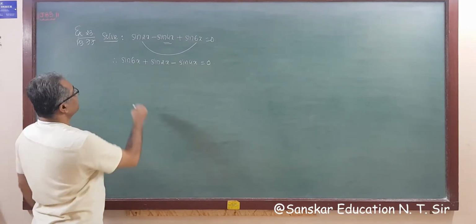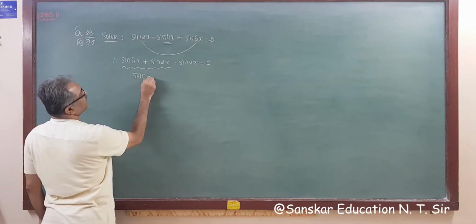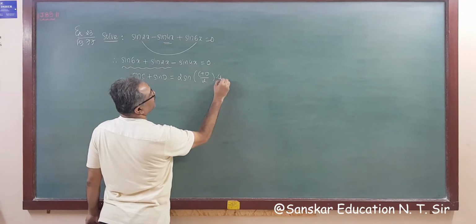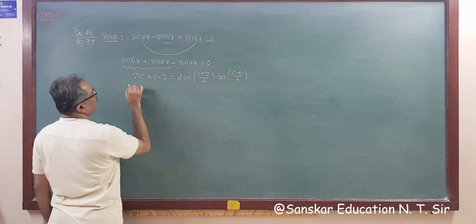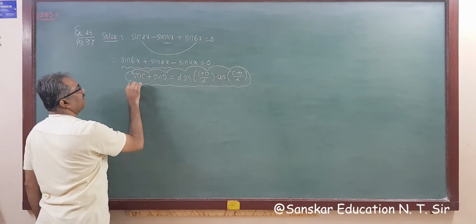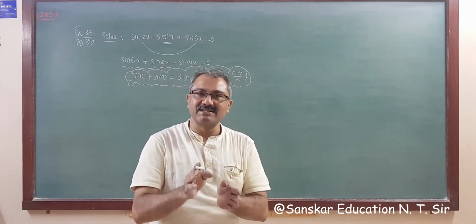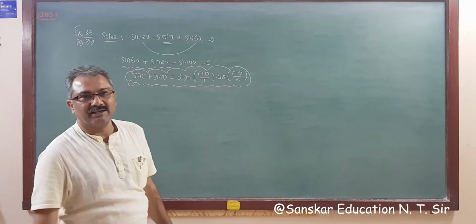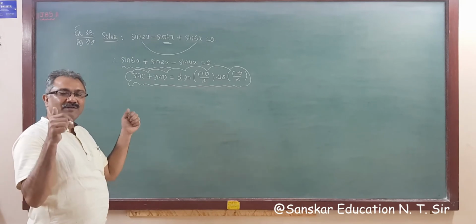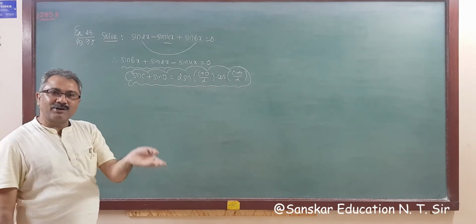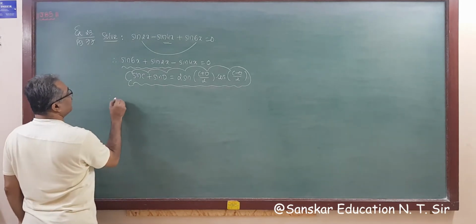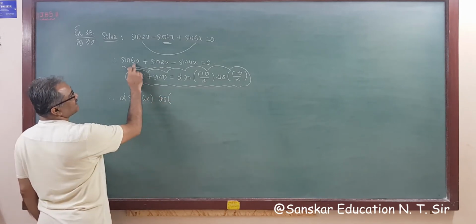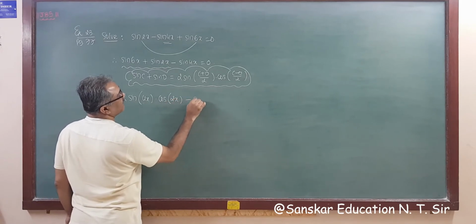So rearranging the terms. Now sin c plus sin d, the formula for sin c plus sin d is 2 sin of c plus d by 2 into cos of c minus d by 2. This is your formula. So applying this formula, solving a trigonometric equation means you have to factorize the given equation. That means from addition you have to change it into multiplication form. So you can take common anything, right? Solution means you have to find the factors of these equations in trigonometric function form, sine cos form. Okay, so applying this formula here we get 2 sin of c plus d, 8 divided by 2, that is 4x, into cos of c minus d, 6 minus 2 is 4 divided by 2 is twice x, minus sin 4x is